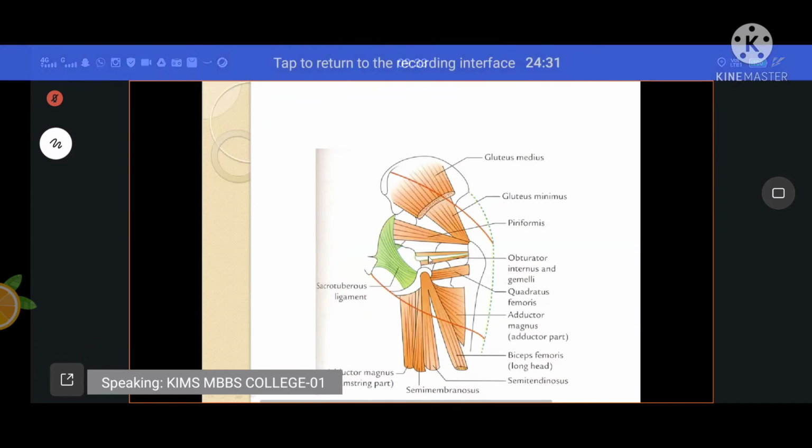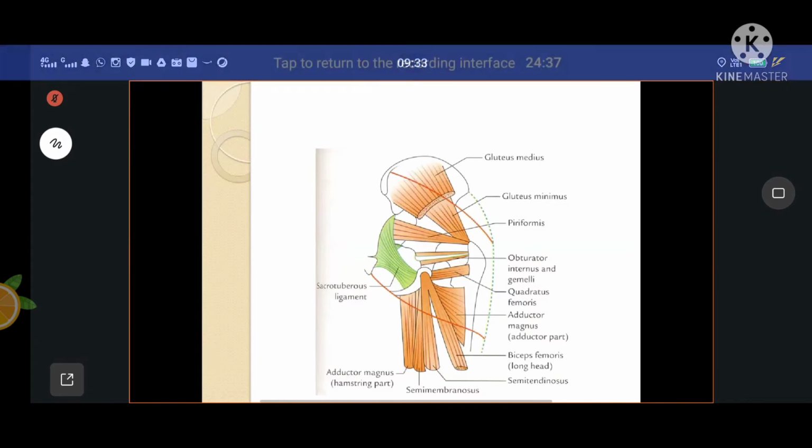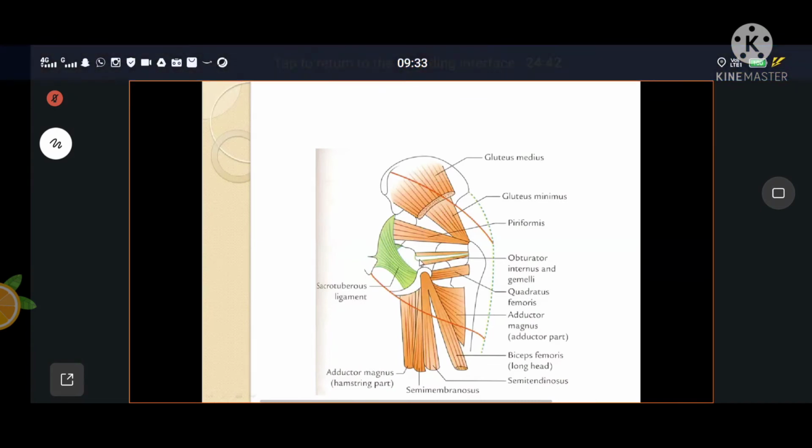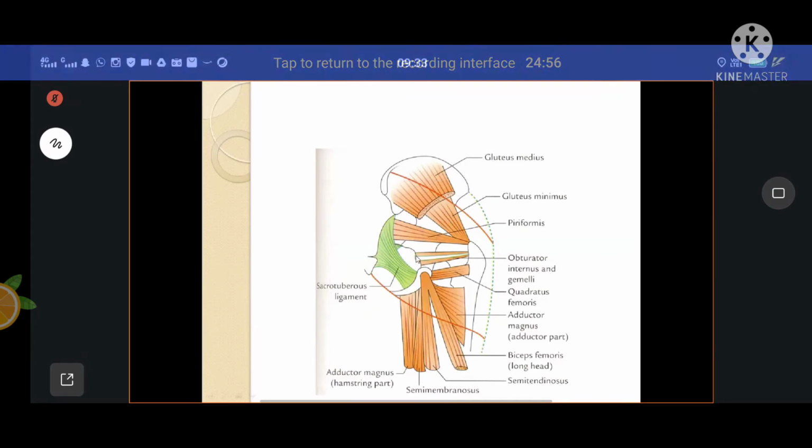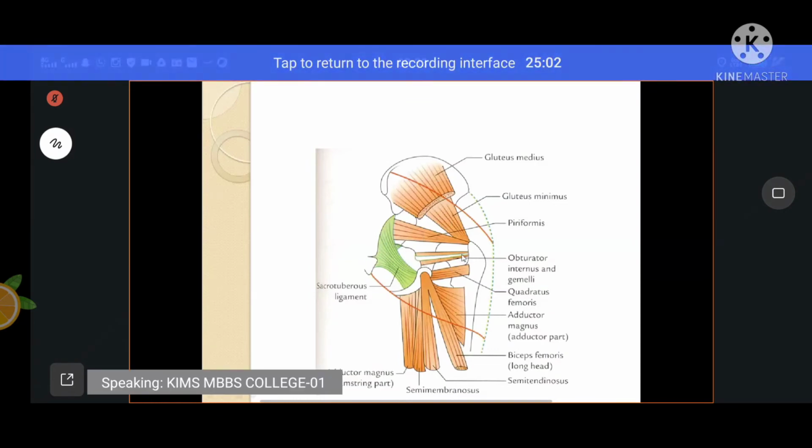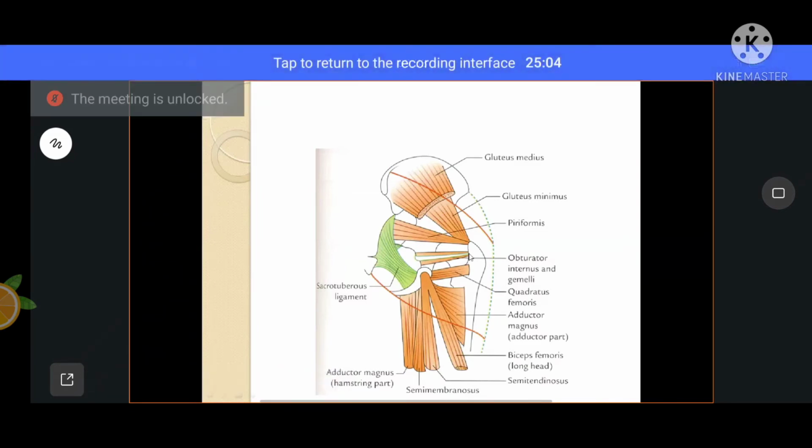The obturator internus muscle is getting its origin from the pelvic surface of the obturator membrane and the pelvic surface of the ischiopubic rami and the ischium. And this is passing through the lesser sciatic foramen, and along with this, the gemelli superior muscle and the gemelli inferior muscle are getting their origins from the upper and the lower margins of the lesser sciatic notch. All these three muscles get inserted onto the medial surface of what? Of the greater trochanter. Medial surface of the greater trochanter, right?